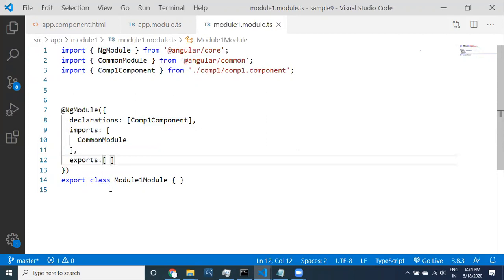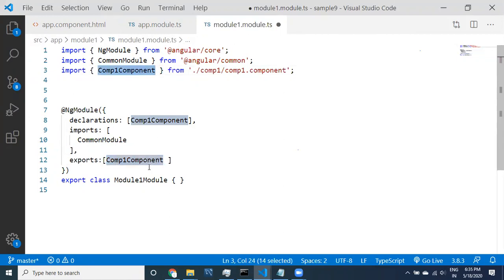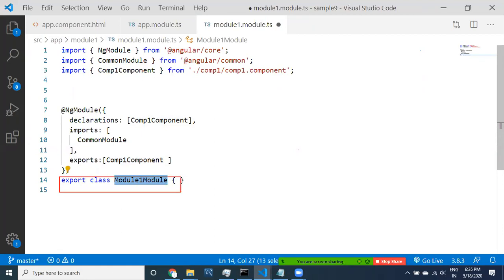You can provide the same component as an export. Export is over. In the export, we have created the component, and inside the module we are exporting it, so that whoever imports this module can use this component.